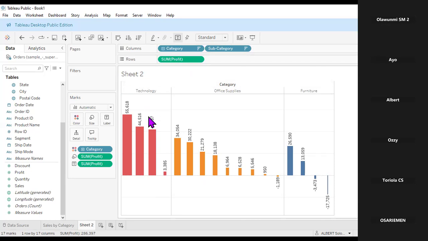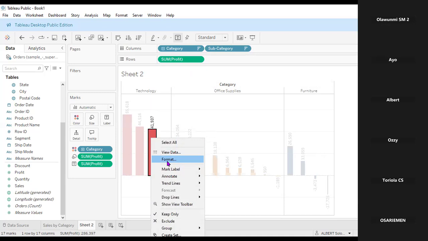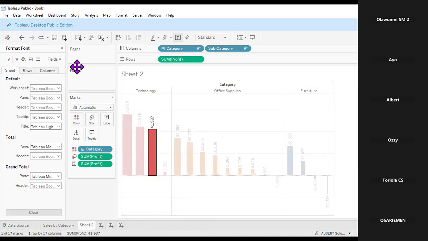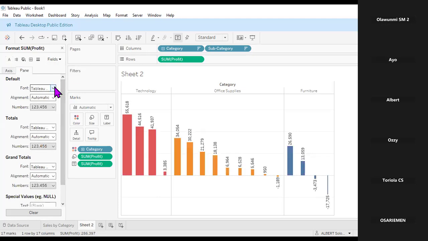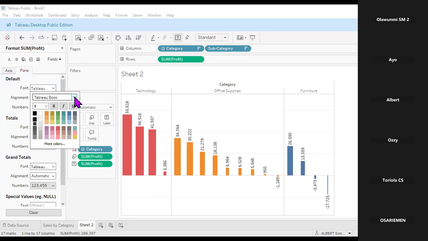So to round up today's class, we can simply format it. Just come to our format. We say, okay, what do we want to format? We want to format, of course, our profit, our sum of profit. We can say, okay, what's the font? We can change the font size to, let's say, 10. We can make it bold if we want, but not necessary. We can always change it to the main